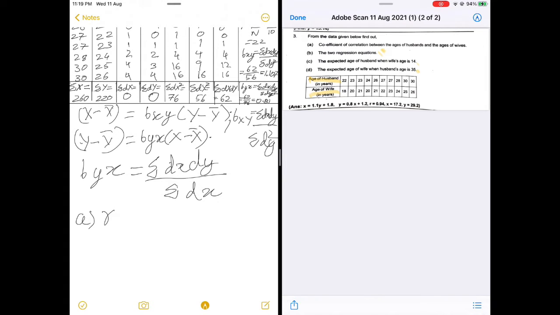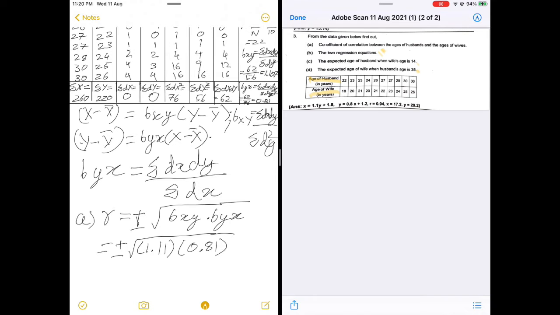The formula for the coefficient of correlation, where r is the symbol for the coefficient of correlation, is r equals plus minus root of byx into bxy. Now bxy and byx we have calculated up above. So this is 1.10, or 1.1, into 0.81. I have multiplied the values, and I will get as a result, 1.1 into 0.81 is equal to plus minus root of